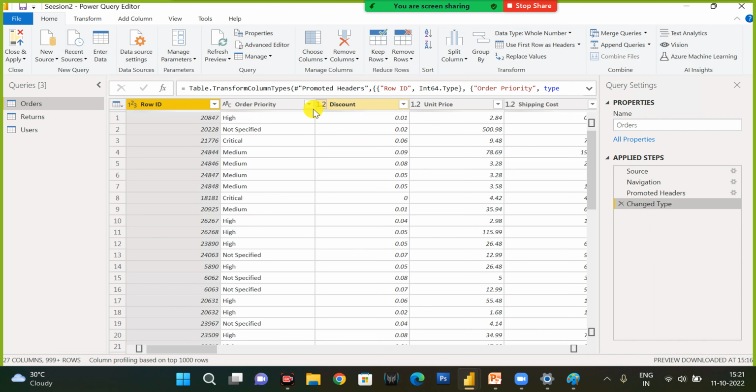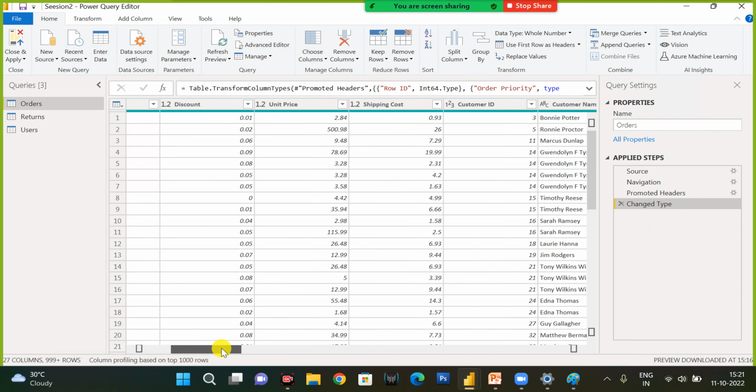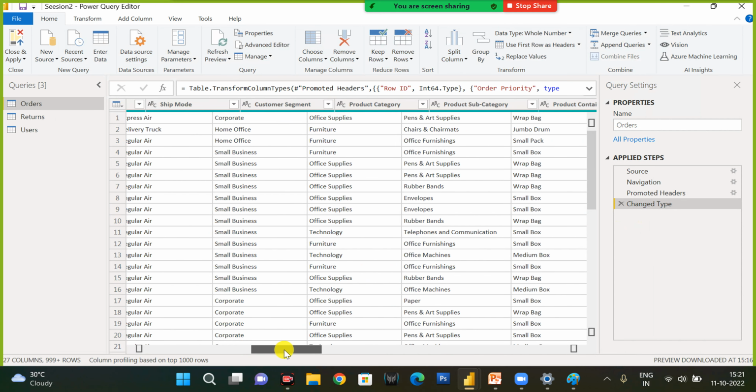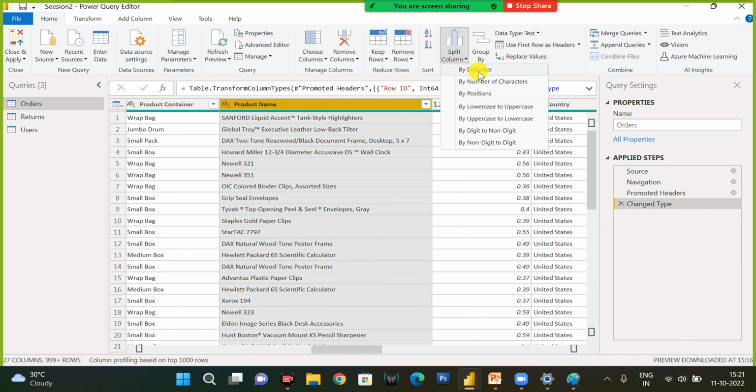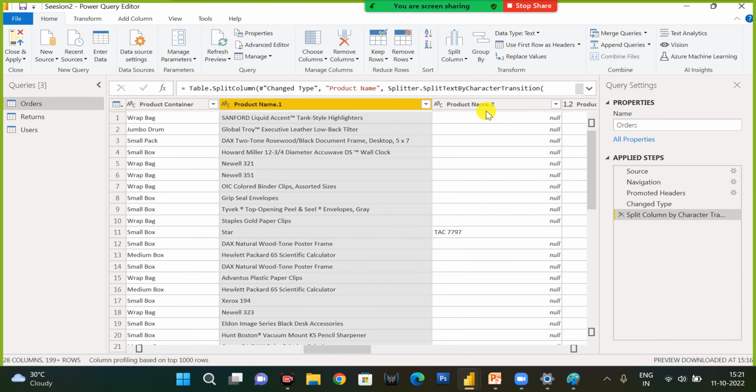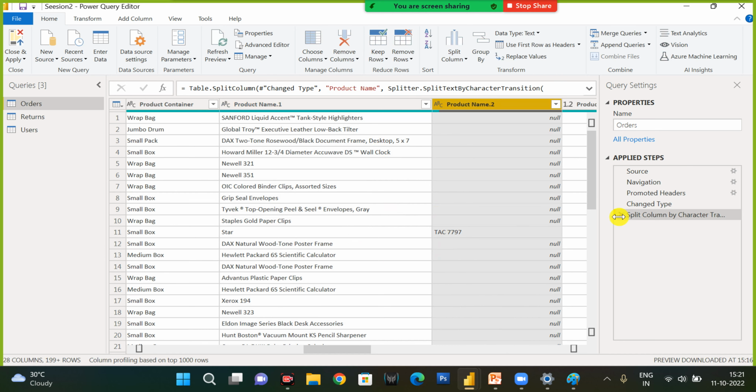And also we can split the columns. For example, I am using the customer name or product name, anything. There is a column option called split by delimiter, number of characters, lowercase or uppercase. So I'm just splitting based upon the uppercase. See that the splitting happens for product name and the TAC,